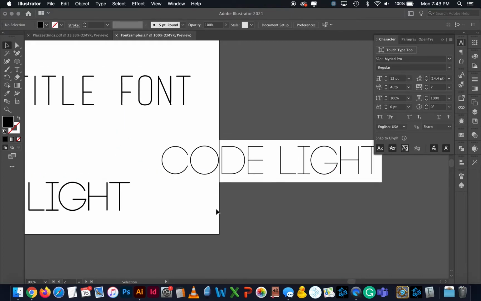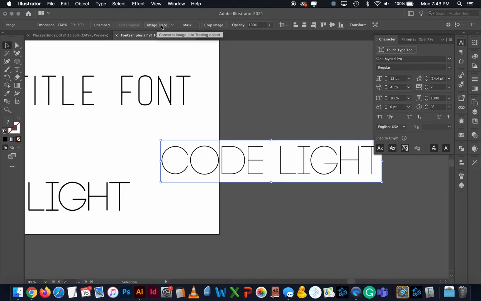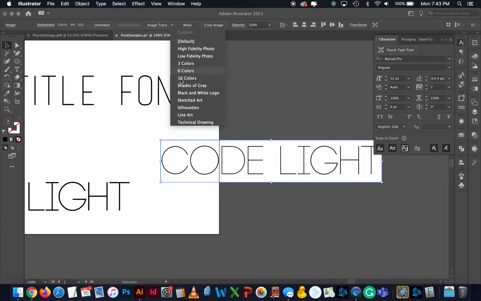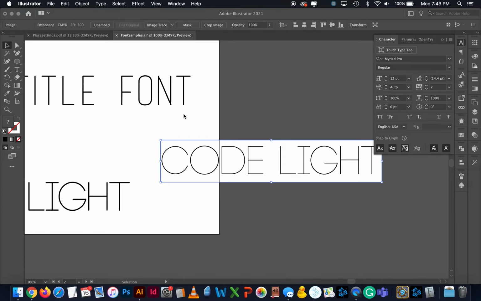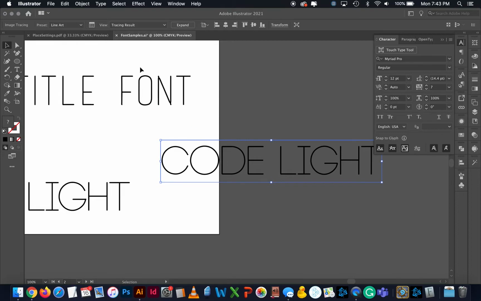And now the next thing I need to do is go to Image Trace. And you can see whenever you click a raster graphic, Image Trace will automatically pop up. I'm going to hit the drop down and I'm going to say Line Art. And then as that happens, it's going to load for a second and it's going to turn into line art. And now if I want to adjust it a little bit, all I have to do is click this button,